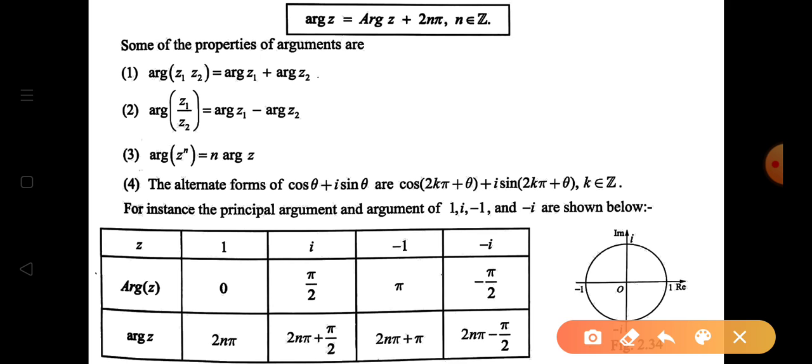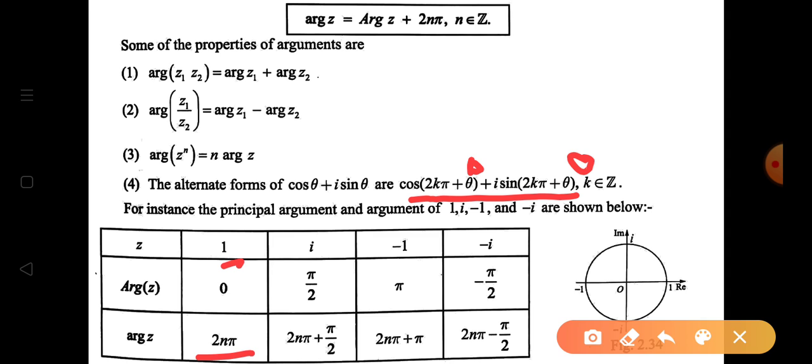We substitute in the general form, listen, cos(2k pi plus theta) plus i sin(2k pi plus theta). We substitute theta is equal to 0. Then cos 2k pi plus i sin 2k pi. Here the argument is 2k pi. We just change the variable to 2n pi. Okay, here we write 2k pi or 2n pi. Now we write 2n pi. This is the argument of 1.